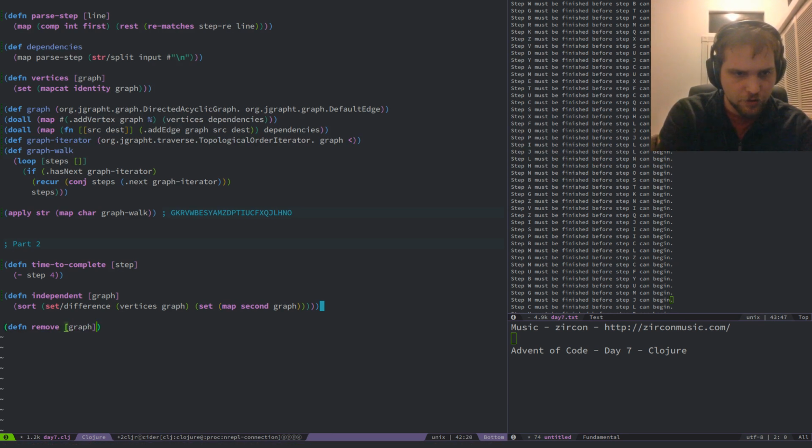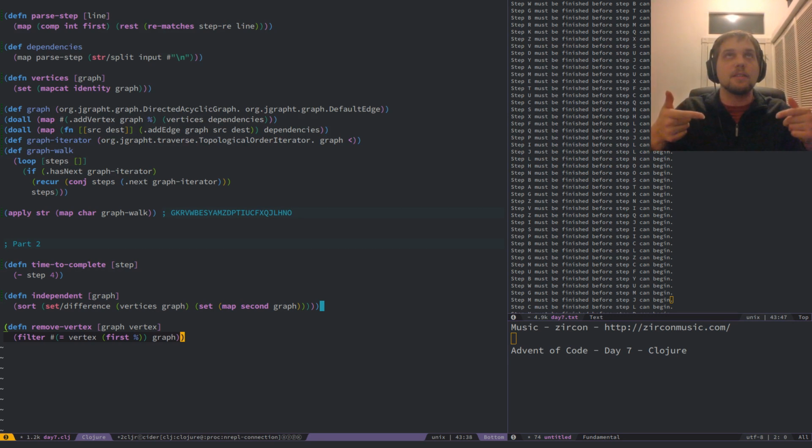Remove from a graph. To remove a vertex from a graph, we basically filter the graph, if we're filtering a specific vertex from the graph, by removing all the edges that point from that vertex, if that makes sense.